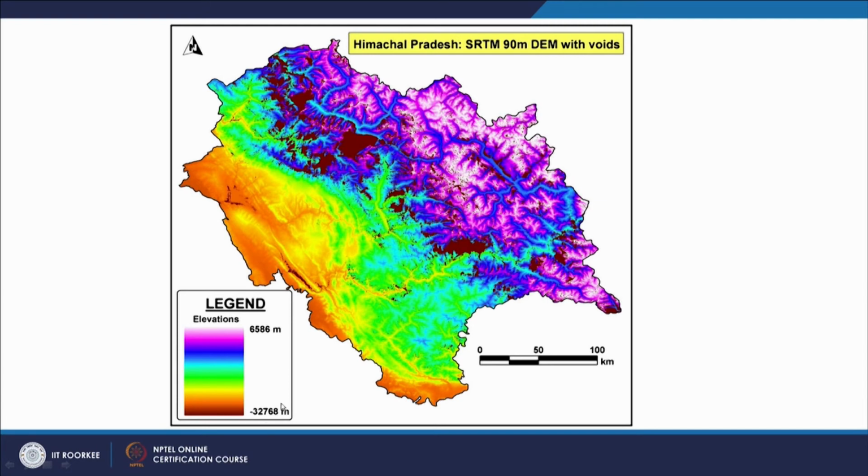Therefore, the values here are very low values which are assigned to the no data value. And if we see such DEMs even at 90-meter resolution with voids, then we cannot use such DEMs for any use. But if we use